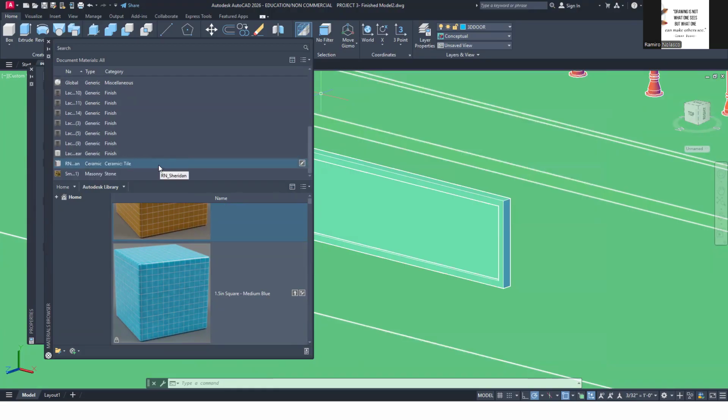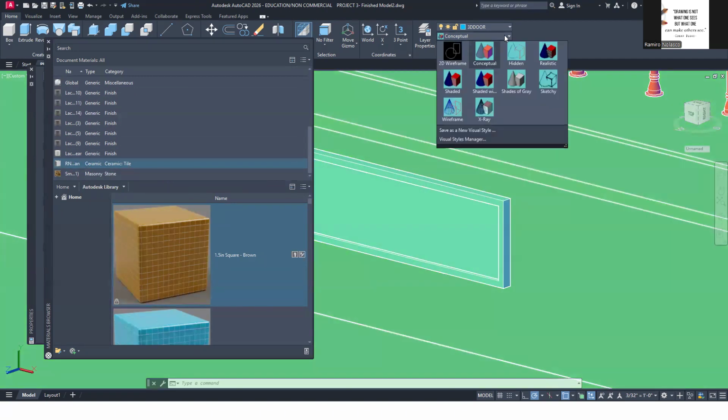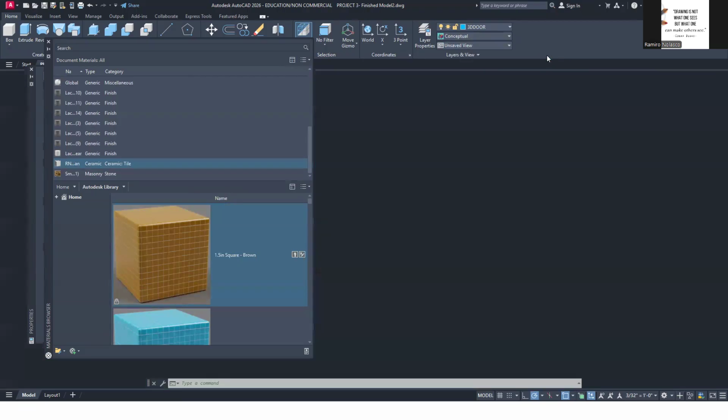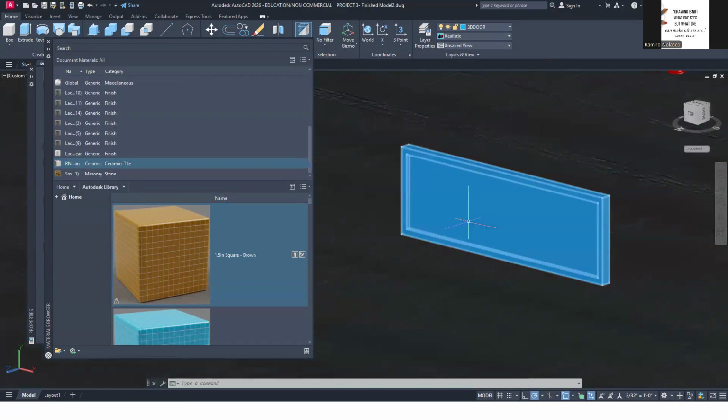And then apply that to this surface. So you need to hold down the control key and apply that to that surface. You need to be in the realistic visual style to maybe see that. Okay, so we're not seeing it yet.